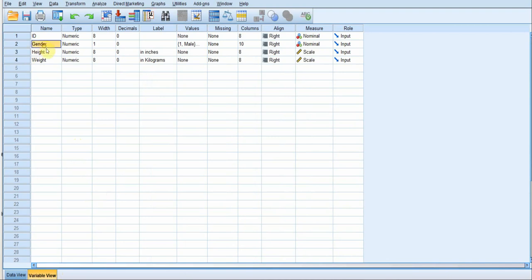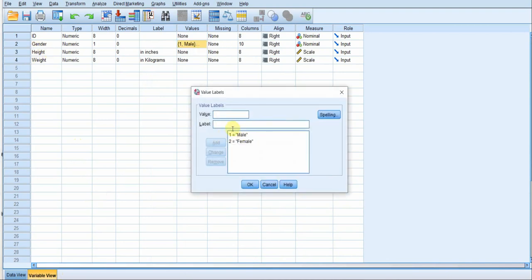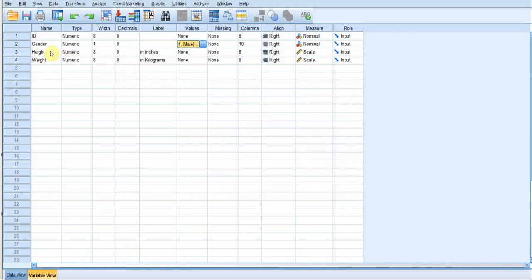So here, for gender, we have put one for male and two for female, and we have height, which is measured in inches, and weight, which is measured in kilograms. And the first column is the ID, which is a number which is given for the respondents.